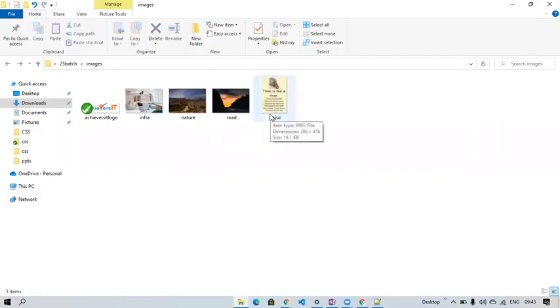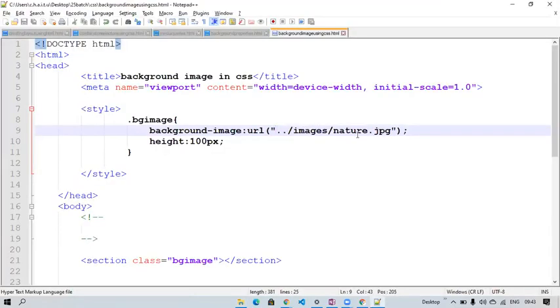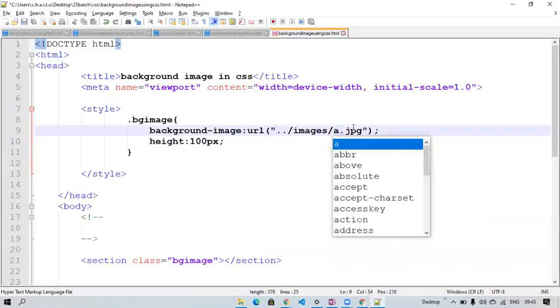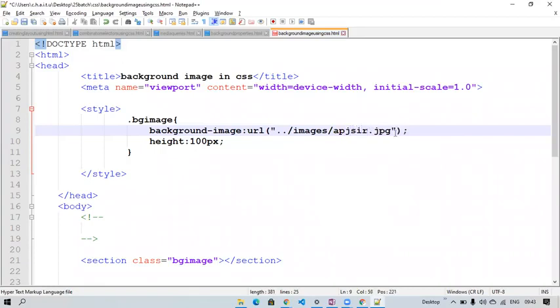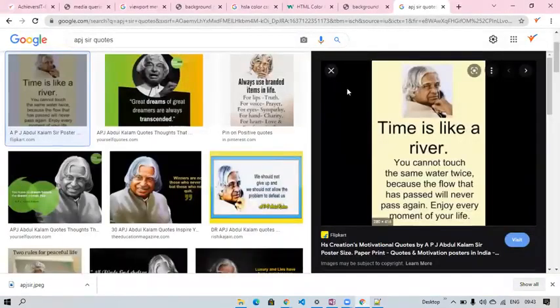Okay, and the extension is JPEG. Images, JPEG. Okay, now if you try to have a look,